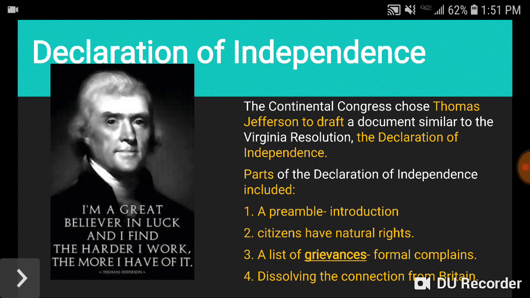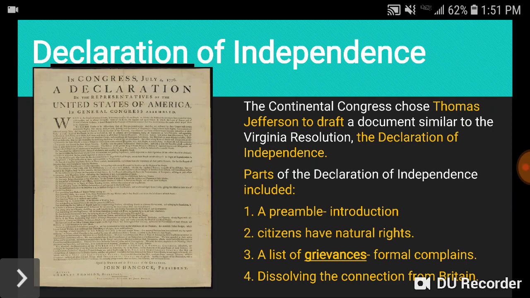And so the Declaration of Independence is really broken up into 4 specific parts. In the Declaration of Independence, it begins with a preamble. So you could think of this almost like your intro paragraph in an essay. It's really setting up why the colonists are writing this document and what some of their core beliefs are and what the later parts of the Declaration of Independence are going to be later on.